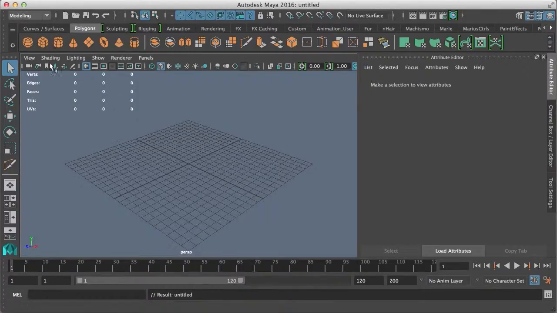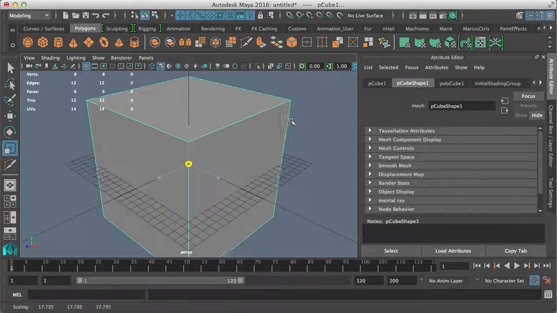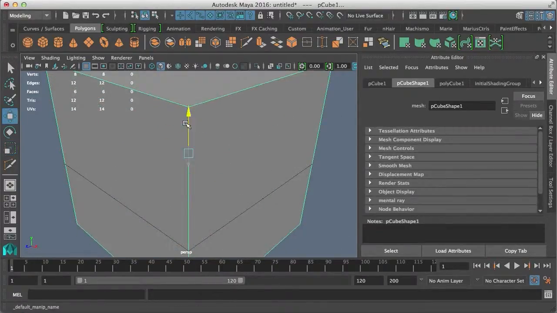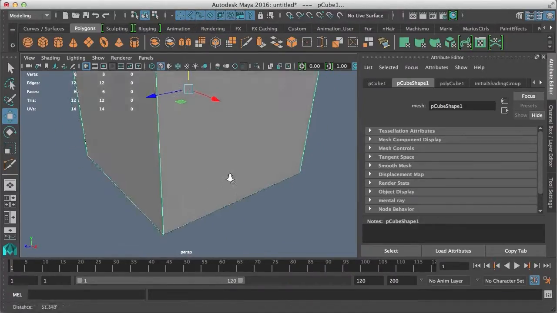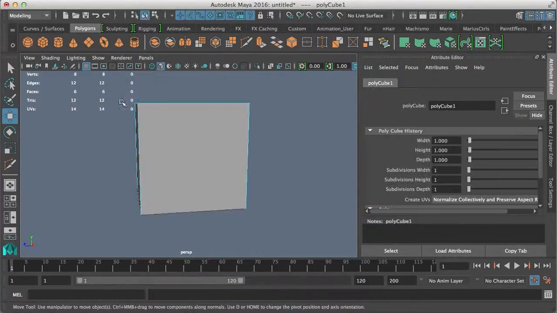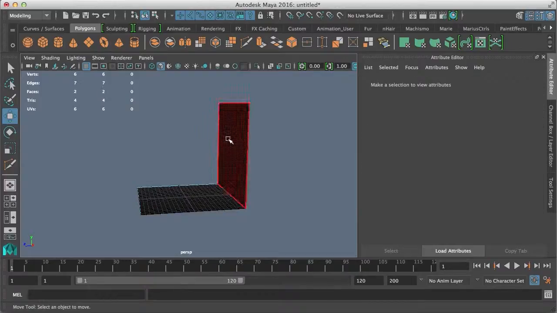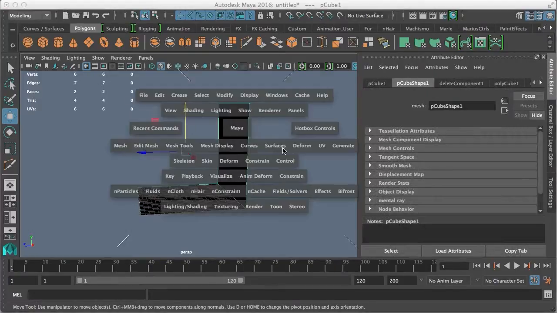What I'm going to do is create a cube, and I'm going to increase the size of that cube quite a bit. Then I'm going to raise this up until the bottom of the cube is even with my grid. And then I'm going to delete the faces of the cube. I've got object mode. I will click on this object and select it, and I'll reverse my